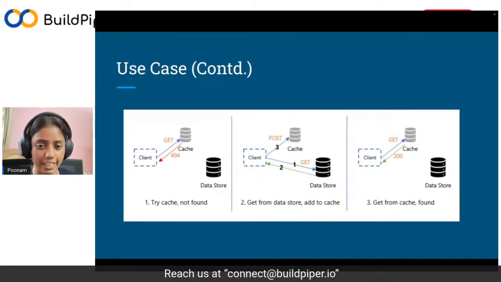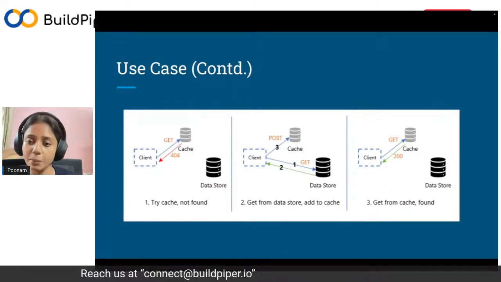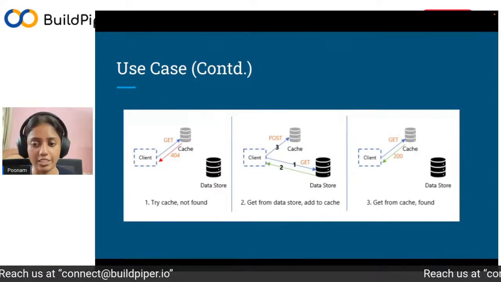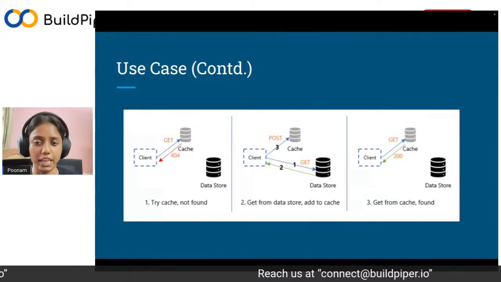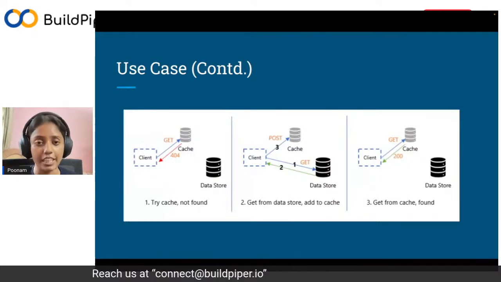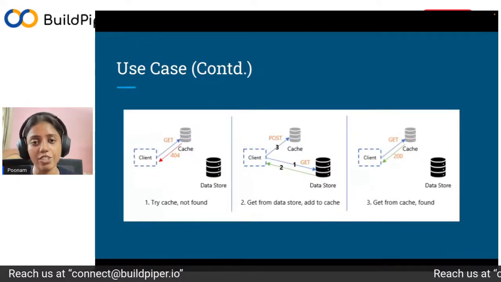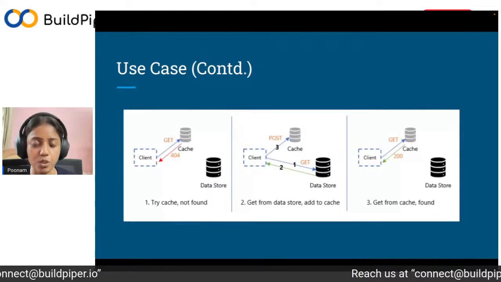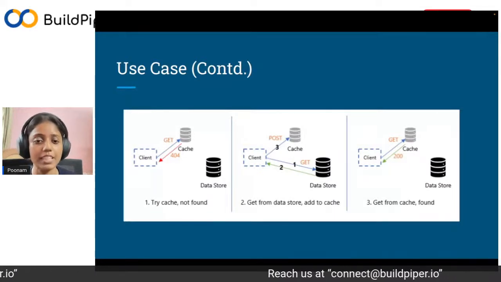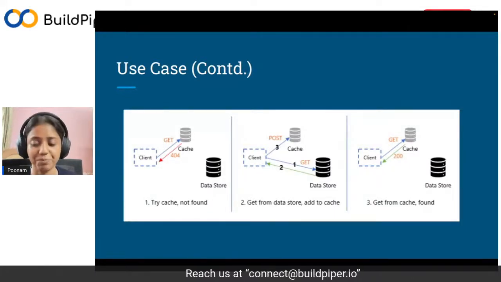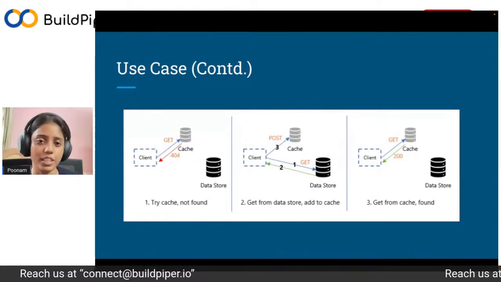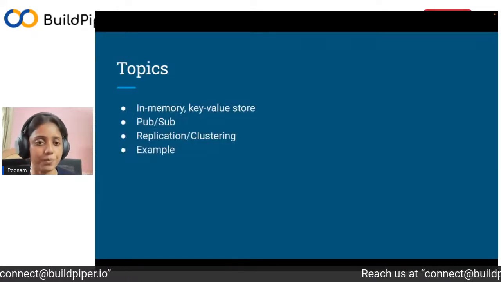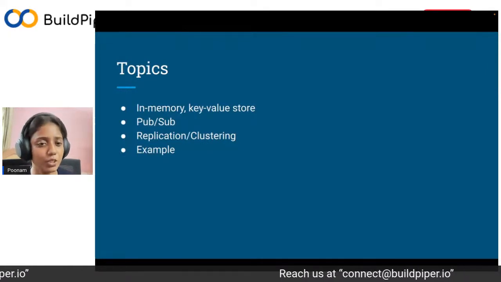We served the client request, and in the third part we stored it in the cache, and in subsequent requests we'll get it from the cache. When we query the cache and get the data from it, that is called a cache hit. So two things to note here are cache hit and cache miss. Then we also have staleness of data that we'll talk about in future. So these are the topics that we are going to cover.